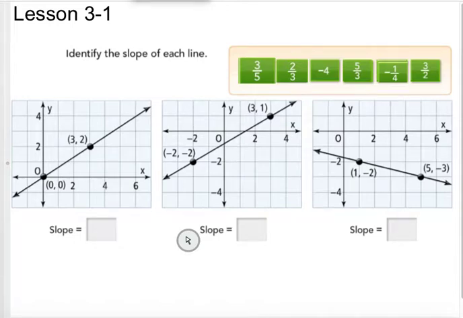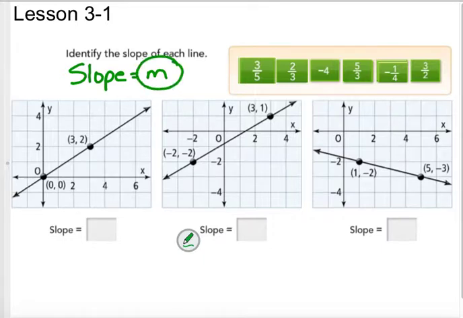This lesson deals with slope, or finding slopes of lines, given a line or given 2 points. Here we are given a line and we are asked to find the slope. First, we must understand that slope is the steepness of a line, and the letter that represents slope will always be m. Whenever you see m somewhere in an equation, you should know you're talking about the slope of the